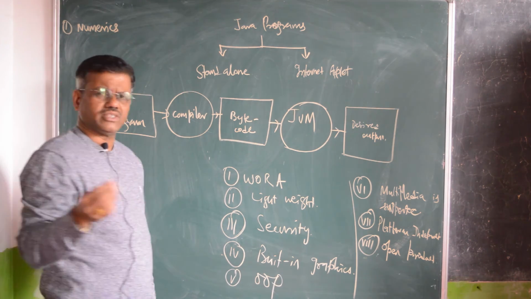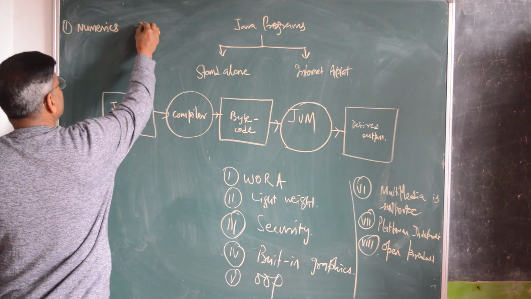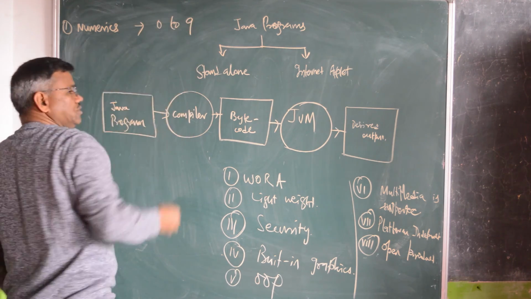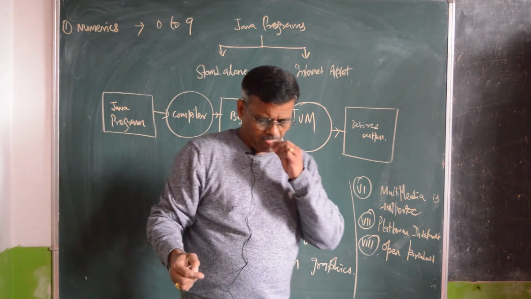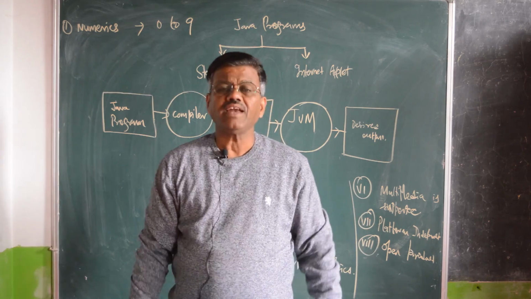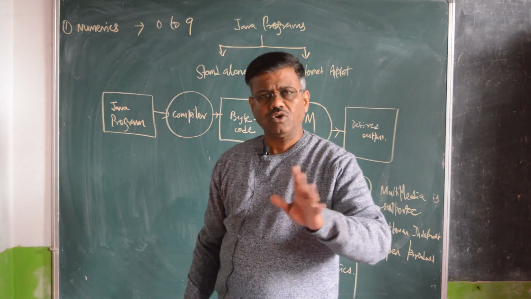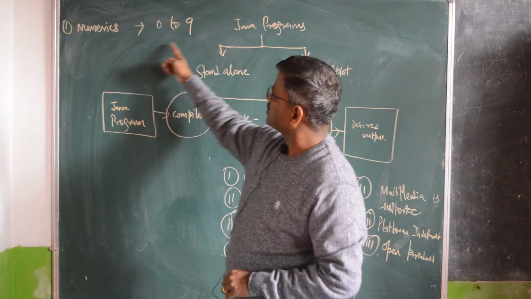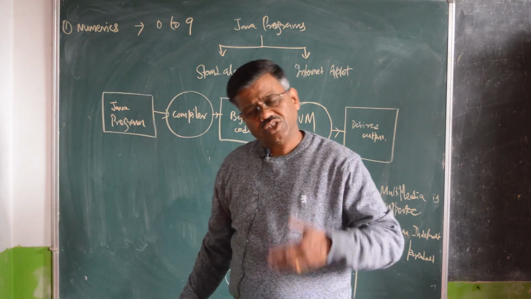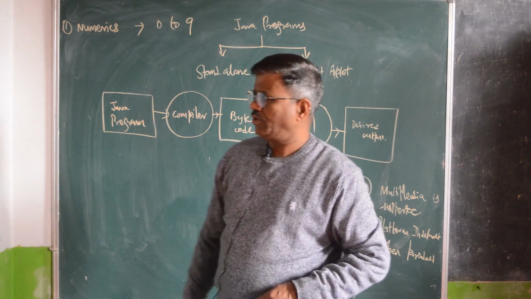Numerals, numerics, digits. Simple. They are 0 to 9. How many digits are there put together? There are just 10 digits, boys and girls. That's it, not much. 0 to 9. They are all called numerics or numerals or digits, one and the same. All three are the same. The next